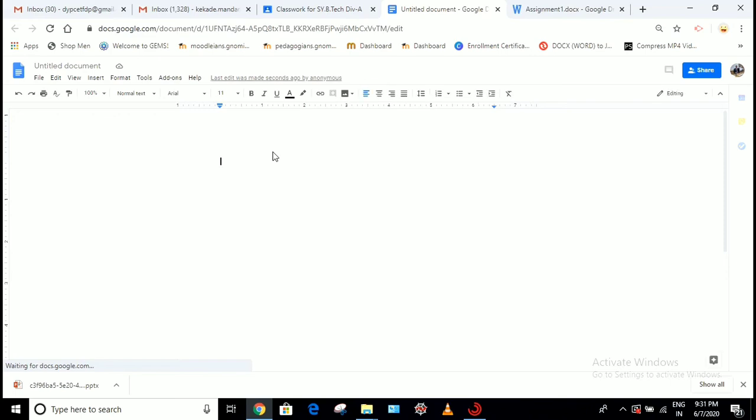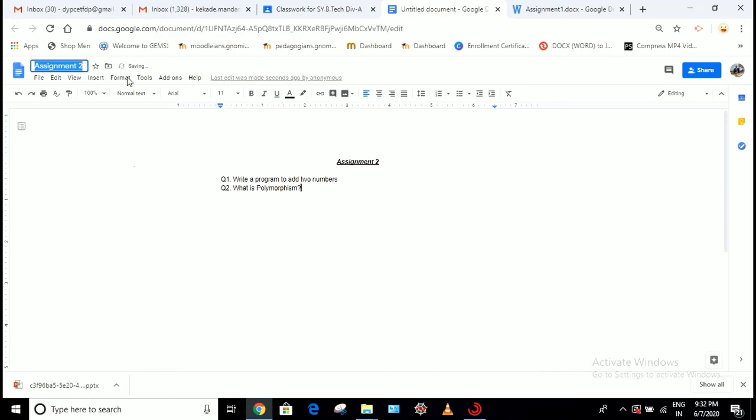For example, I will write Assignment 2. This is my second assignment. In that, Question 1: write a program to add two numbers. This is my first question. You can add a second question: What is polymorphism? This is the second question. And you can do the alignment as per your requirement, as you do in your document.